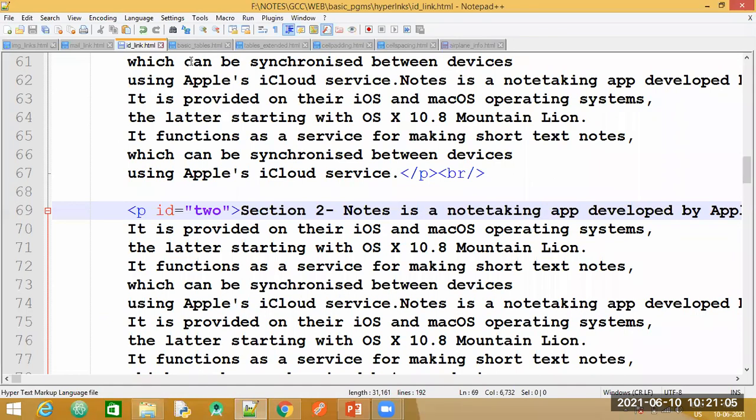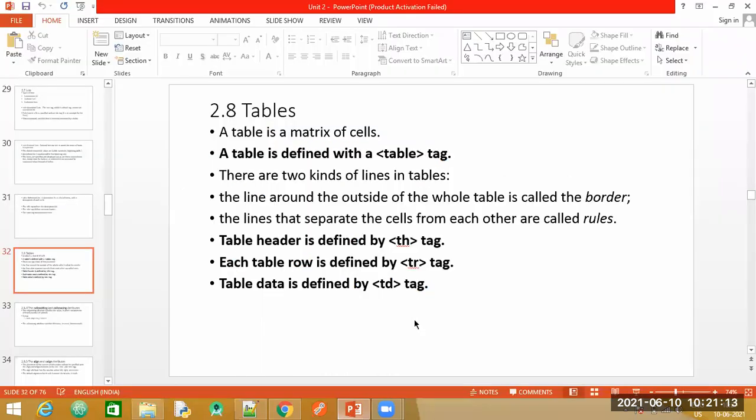Next thing, we'll move ahead with tables. Tables in HTML, how can we create them? You know that in tables, we usually put the data in terms of rows and columns. Even if I say a database table, you can imagine a structure of rows and columns. So how is a table formed in HTML? A table is formed with the help of the table tag. This table tag will also come with an opening tag and a closing tag.